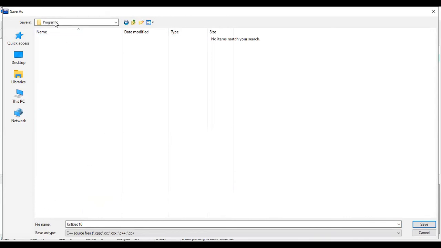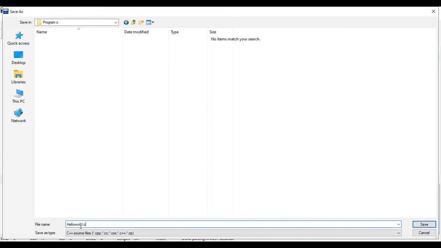Now within this folder, I'm going to give a file name. Type the file name, say for example, hello world, followed by .c extension. So you have to save the file with hello world.c extension.